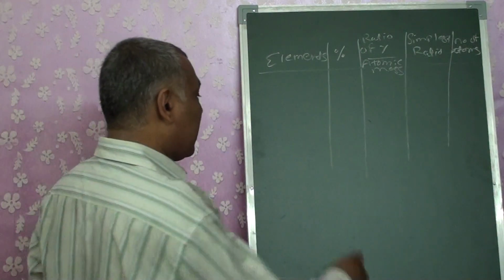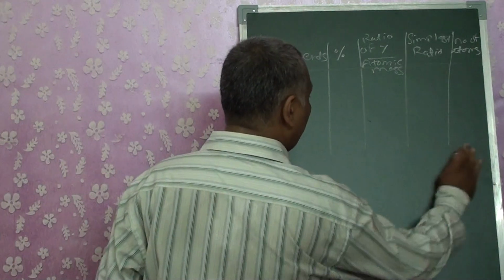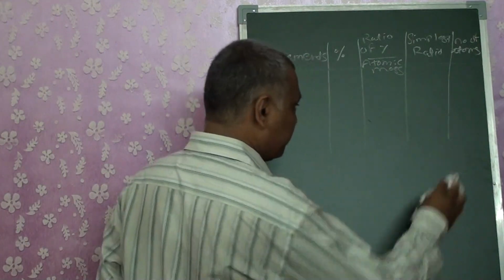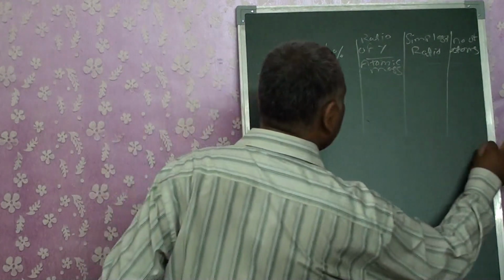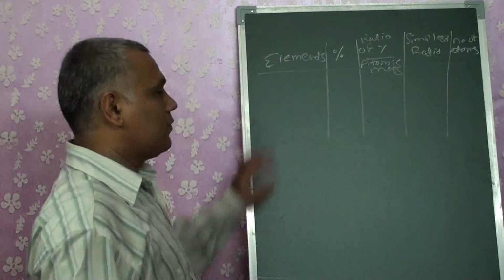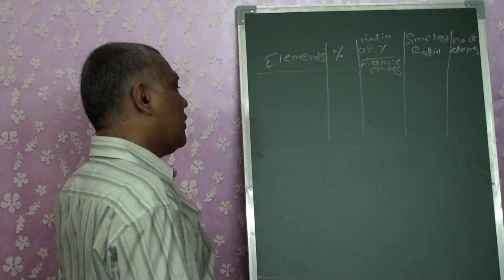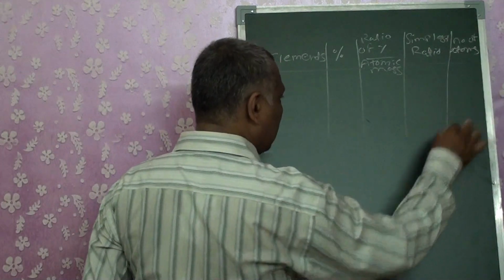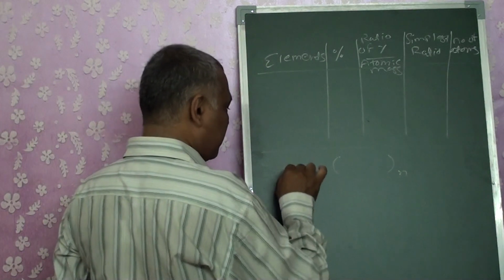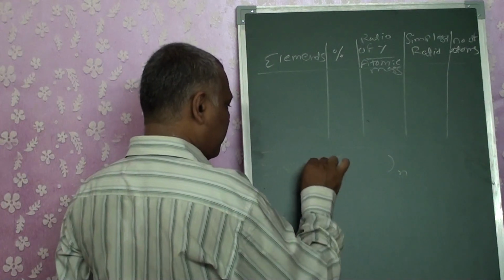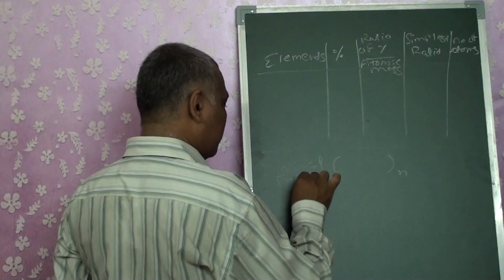Okay. The second factor that we want to know. Once we get this, we are going to get some answer. This answer, whatever the number of the elements we get, is written as the empirical formula.